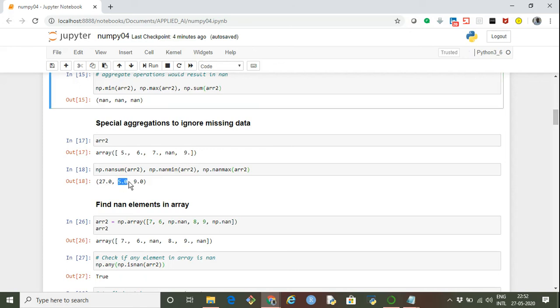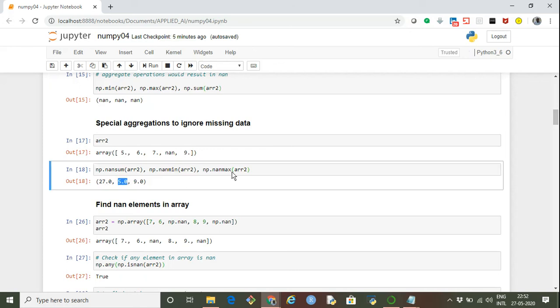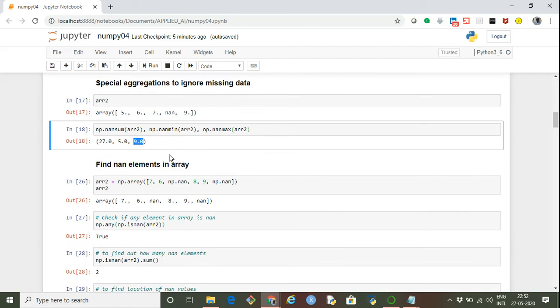Then np.nanmax finds the maximum of these elements, which is 9. These are the special aggregate functions designed to ignore any missing data like nan, and they simply give out the result based on the rest of the data.